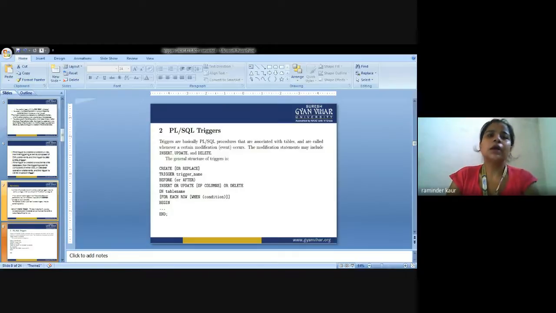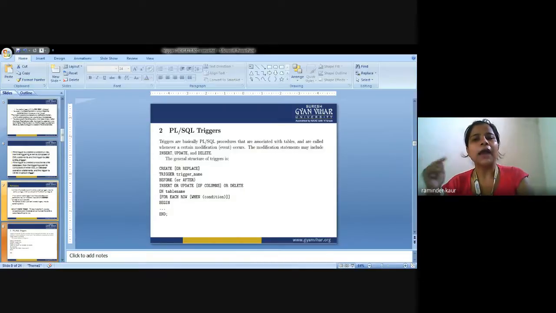So next is cascading references. Third function on which I am going to distinguish between the two is cascading references. What are cascading references? In after trigger, no restrictions could be applied. But in instead of trigger, instead of update and delete triggers are not allowed on tables that are targets of cascading referential integrity constraints.